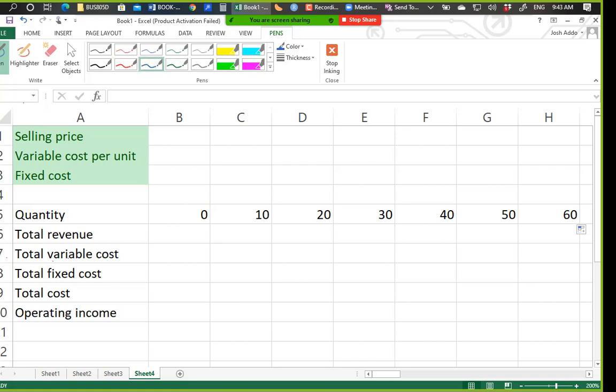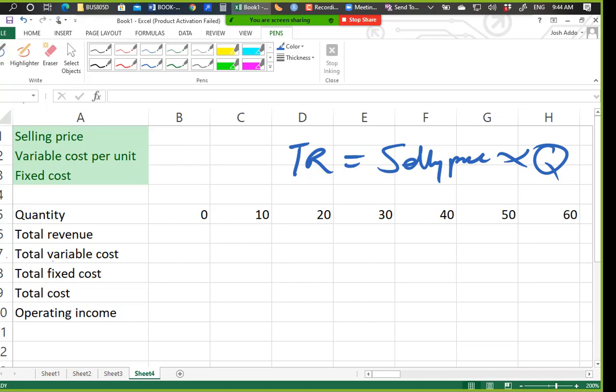Total revenue formula is equal to sales or selling price per unit times quantity. So that's the formula that we are going to put here to generate those figures. And we have the input variables. So here the formula is equal to